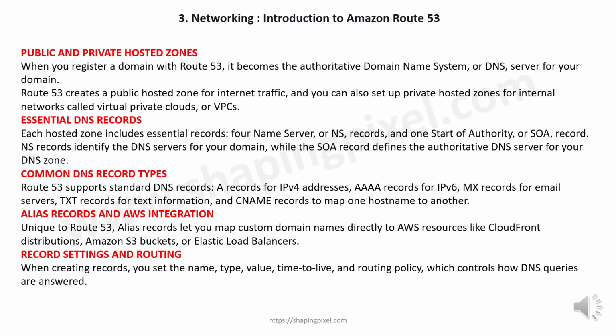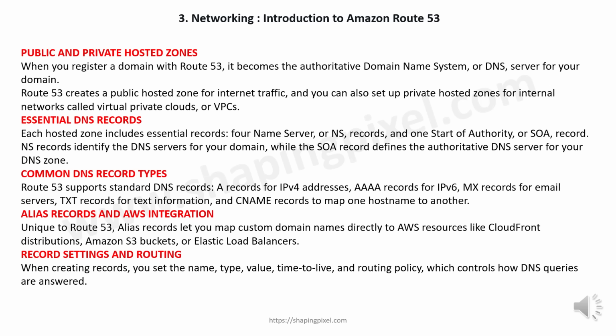Each hosted zone includes essential records: 4 name server or NS records, and 1 start of authority or SOA record. NS records identify the DNS servers for your domain, while the SOA record defines the authoritative DNS server for your DNS zone. Route 53 supports standard DNS records, A records for IPv4 addresses,